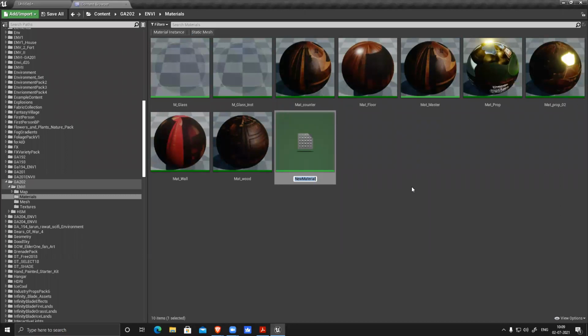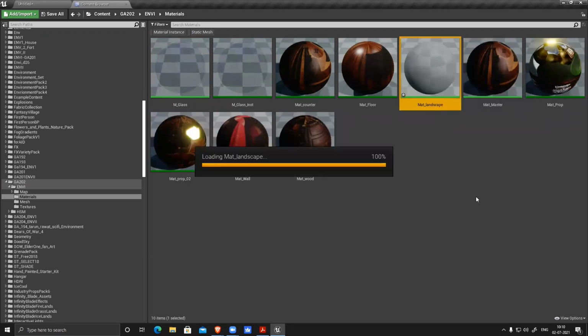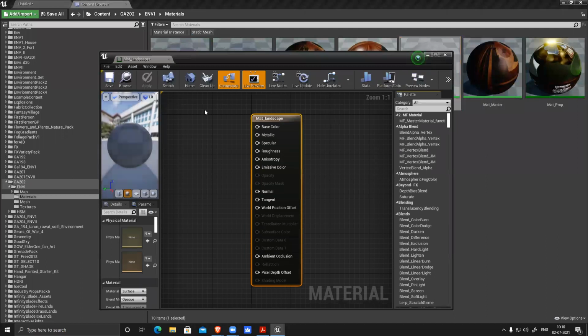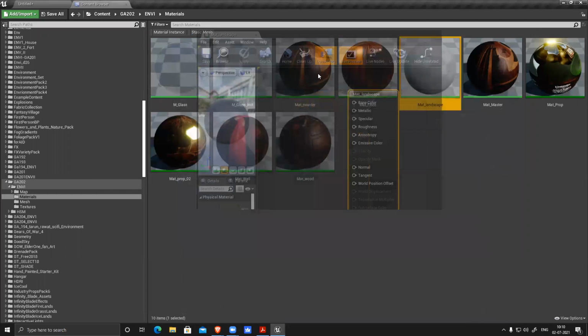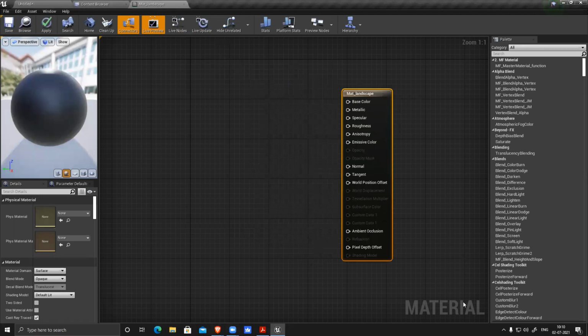This is my mat_landscape, double click, open. I just changed the name, nothing fancy. Open and snap it here, so it becomes full screen, just the landscape material.